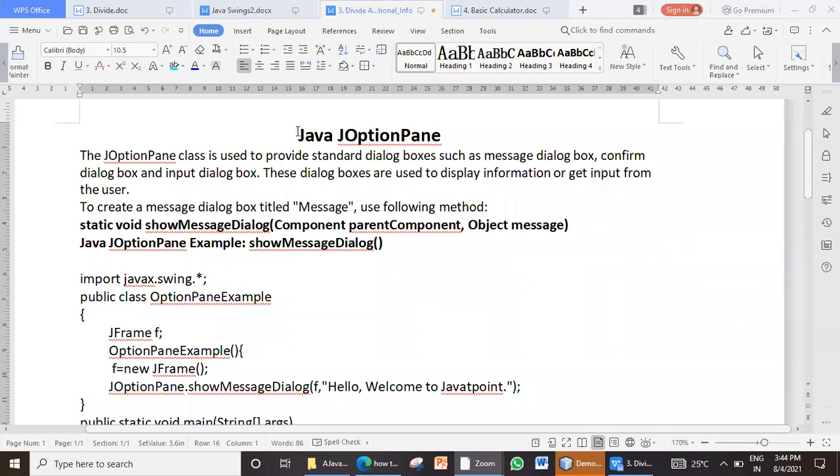Now, this message box, how to get it in Java application or Swing application.